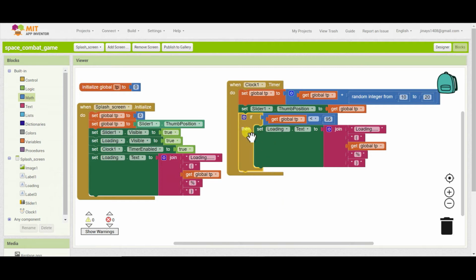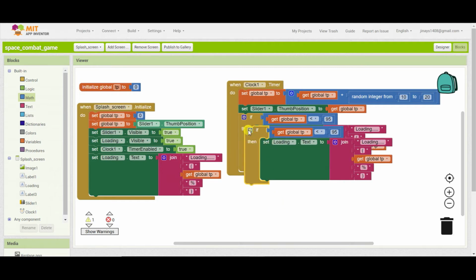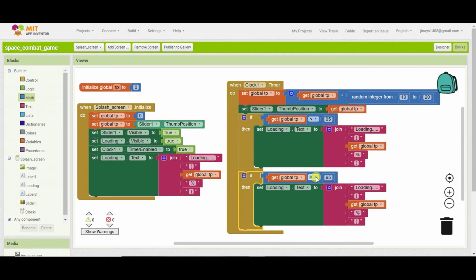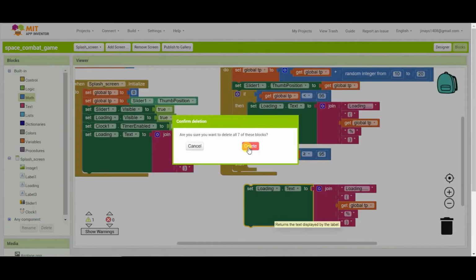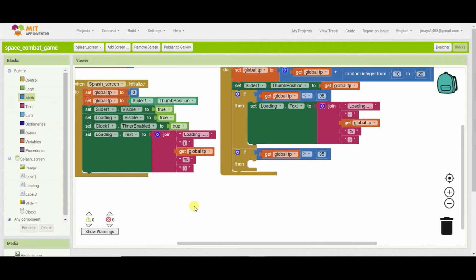And once the value of the global TP is greater than or equal to 95, I'll delete this and we will set the thumb position to 100.